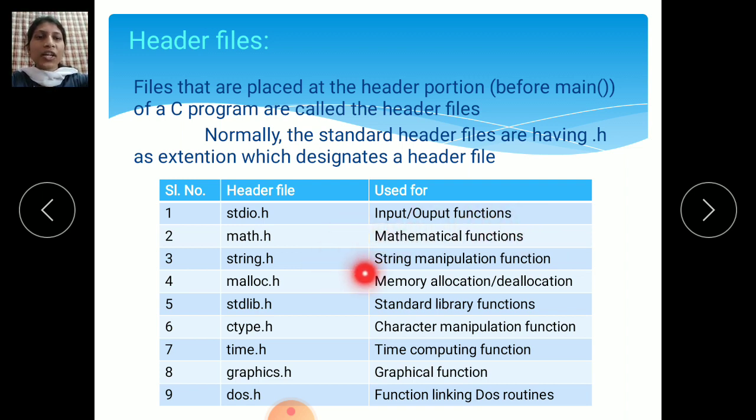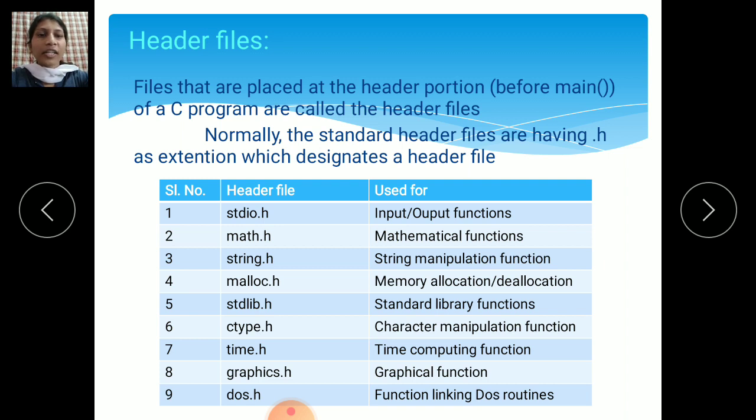Then string.h means string manipulation functions. If you are using a string manipulation function, you can use string.h. Then malloc.h, memory allocation or deallocation functions. Then stdlib.h means standard library functions. If you are using standard library functions in your program, use stdlib.h.